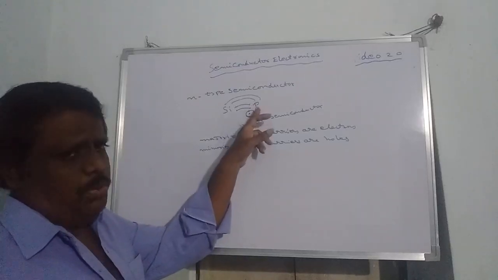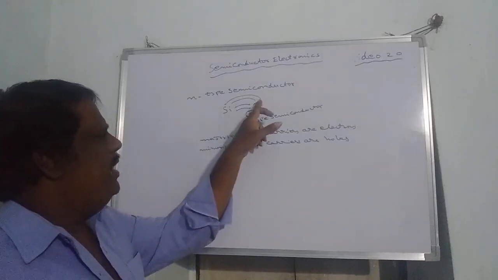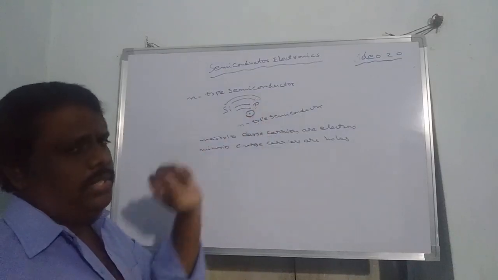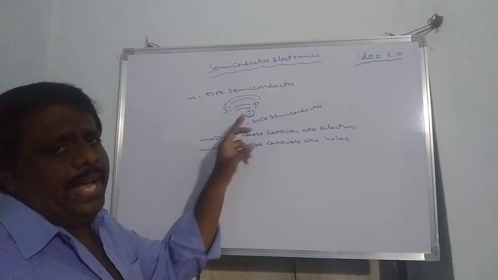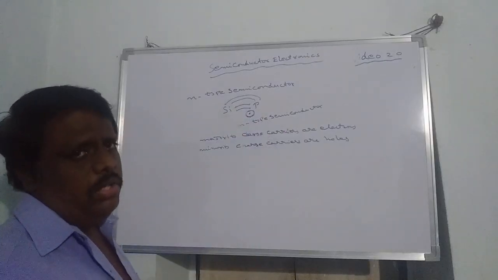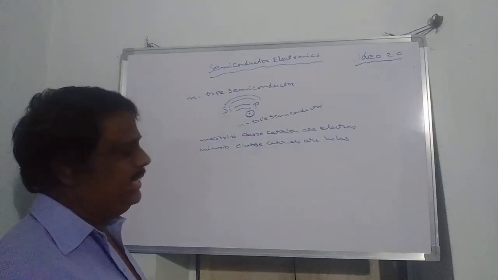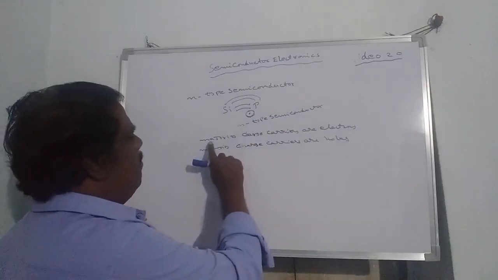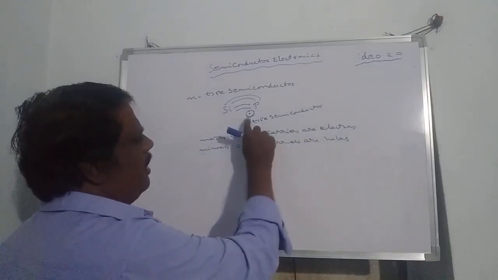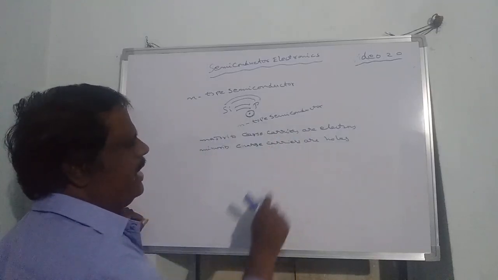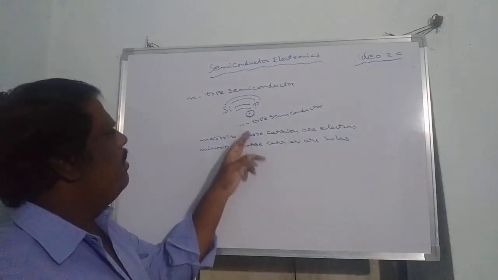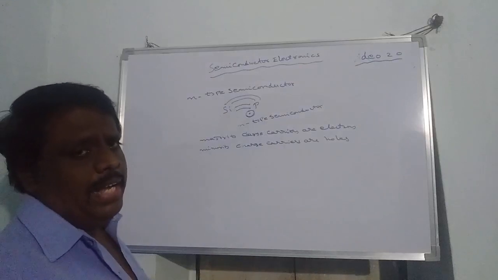Once again, a pure semiconductor is doped with a pentavalent impurity. Pentavalent means either phosphorus, arsenic or antimony. They have 5 electrons in their outermost orbit. 4 bonds are completed even though there is one excess electron. Those are called donors. So majority charge carriers are electrons, and minority charge carriers are holes. Such a type of semiconductor is called an n-type semiconductor.